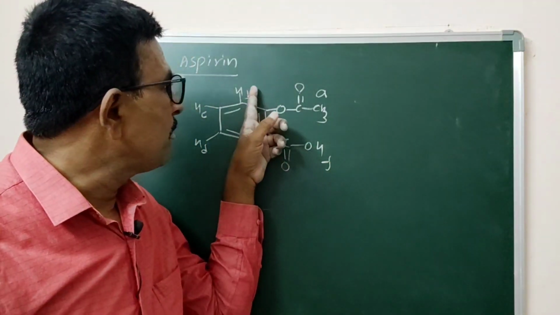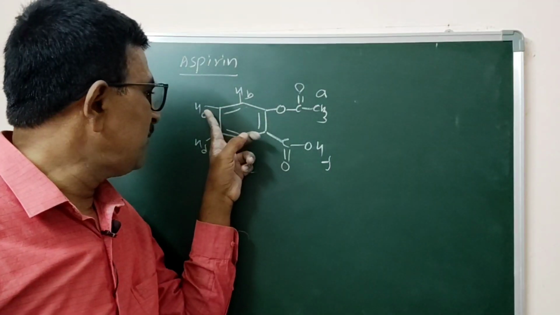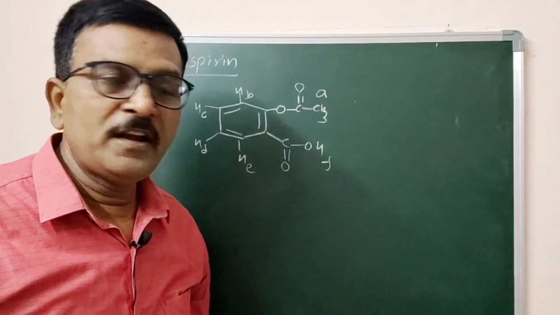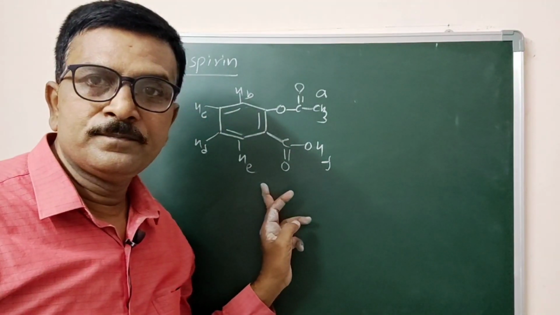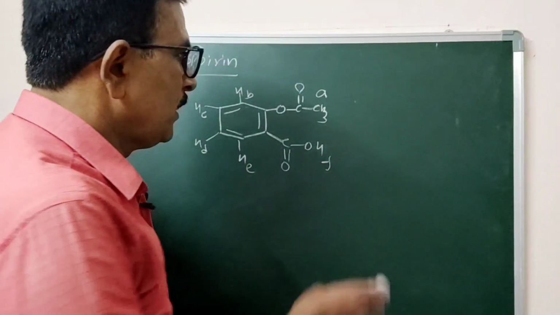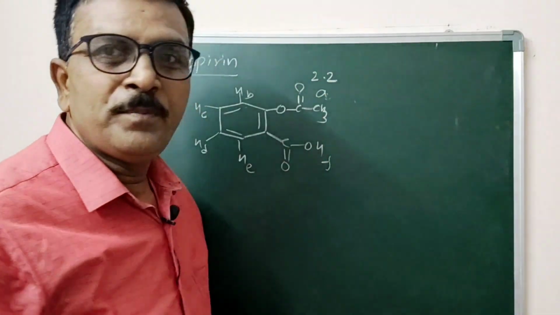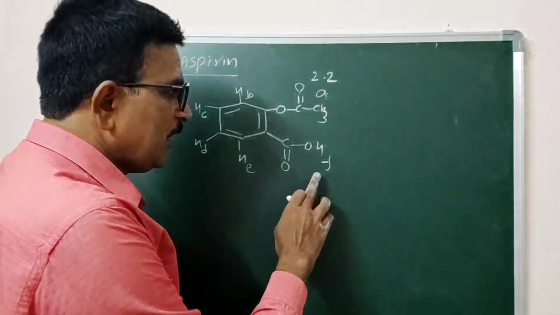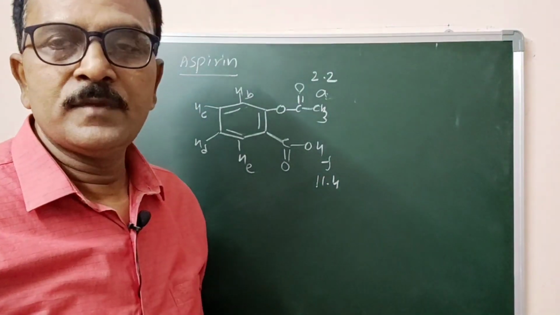In this way, when B and E are non-equivalent, C and D are also non-equivalent. 1, 2, 3, 4. Coming to the values, A proton appears at 2.2 ppm, F proton appears at 11.4 ppm,